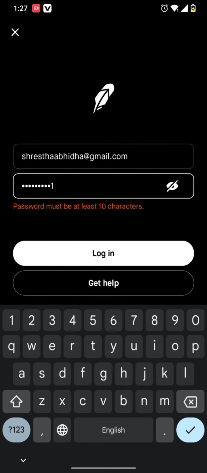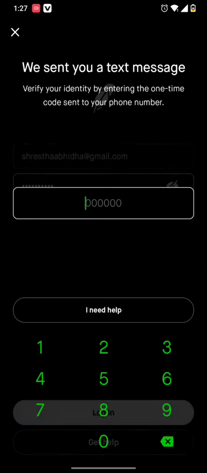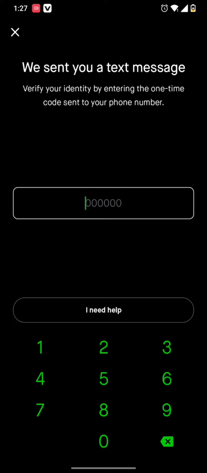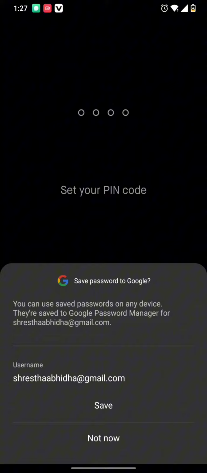And after this is done, hit the login button and you will be redirected to this kind of interface where you need to type in the OTP sent to your mobile phone number. After you have typed in the verification code, you will be redirected to this kind of interface where